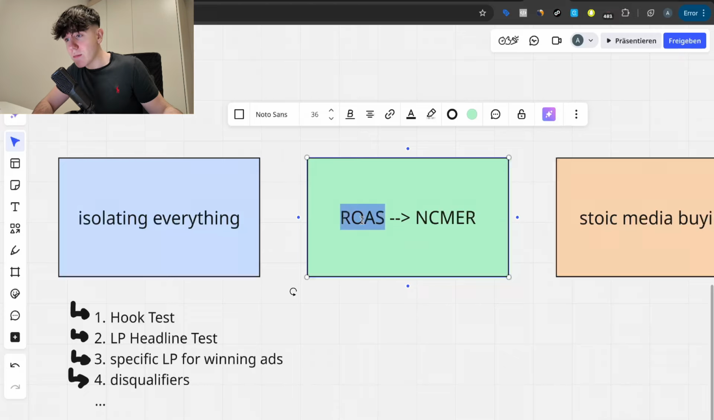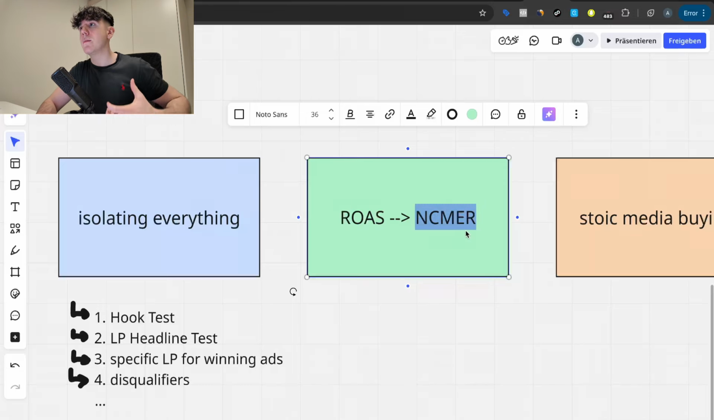ROAS, obviously return on ad spend, makes a lot of sense. Obviously, direct response, 7-day attribution window usually. Someone sees an ad and then you want them to buy, what's the return on that dollar? Okay, that's the ROAS. The reason why that is so inaccurate is because when you actually start putting more